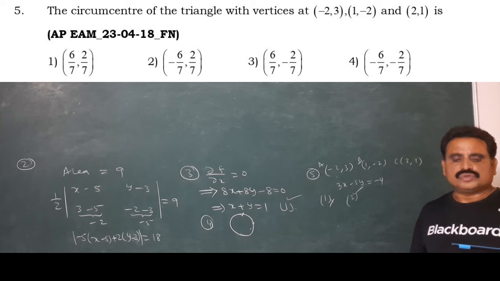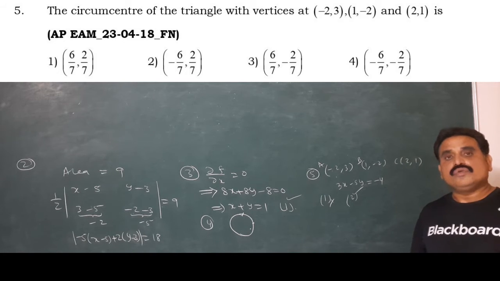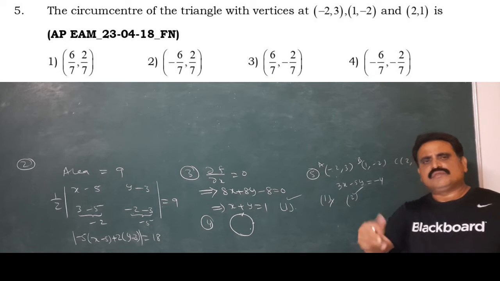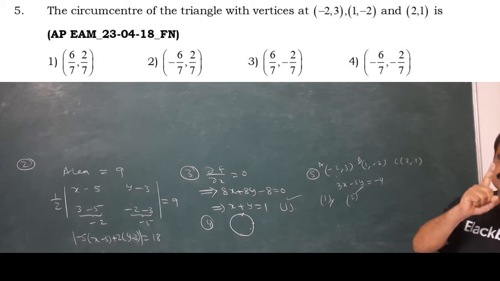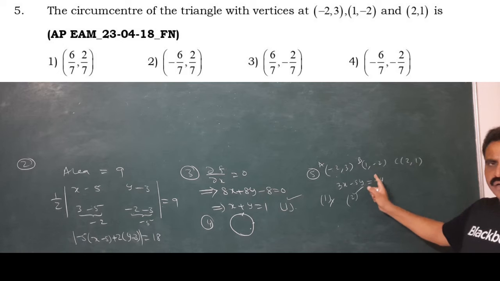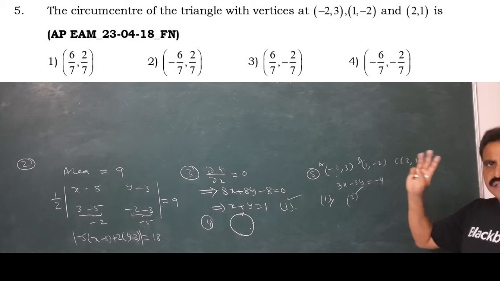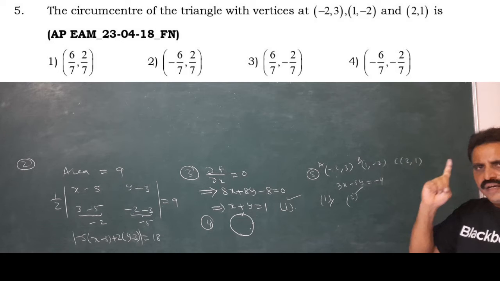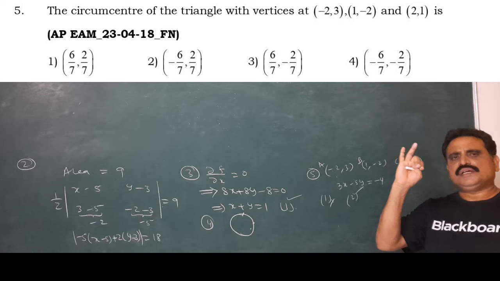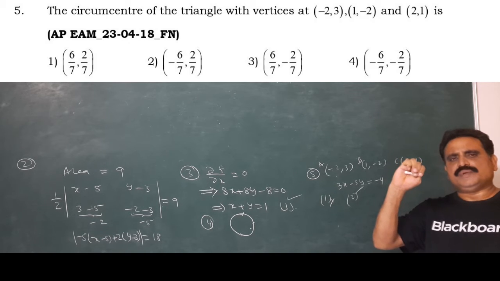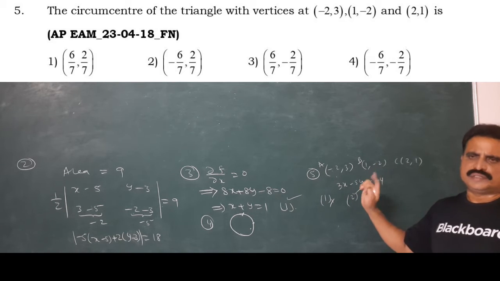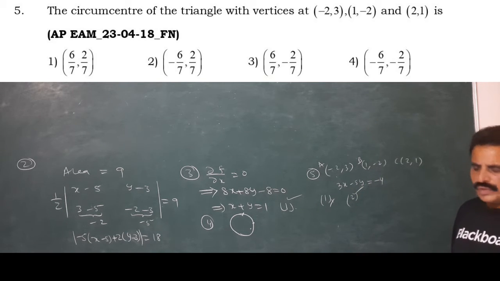Because third and fourth are wrong. How do you say that without verification? Because the points are generated by that only. Such type of points are given, there is only one option. If 3 terms are given, x term, y term and constant, and the line contains these three terms, definitely only one point is satisfied out of the 4: alpha beta, alpha minus beta, minus alpha beta, minus alpha minus beta. It's not possible for the other 2 points. You can check that also.